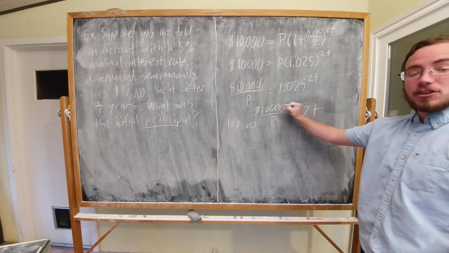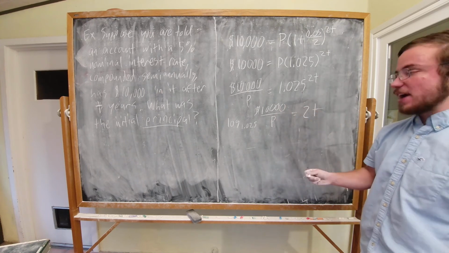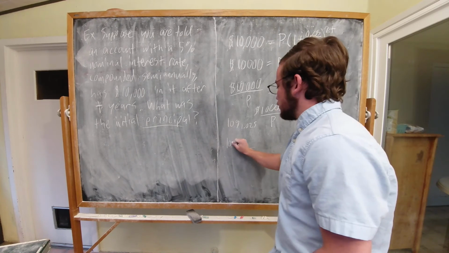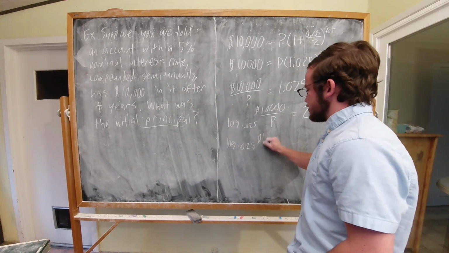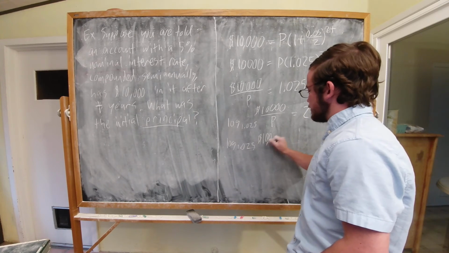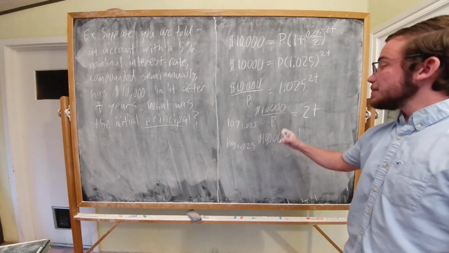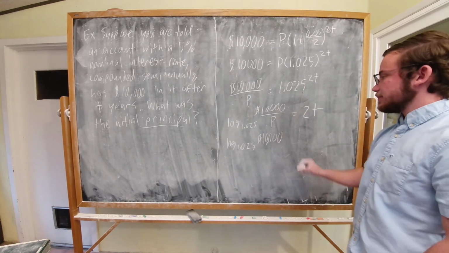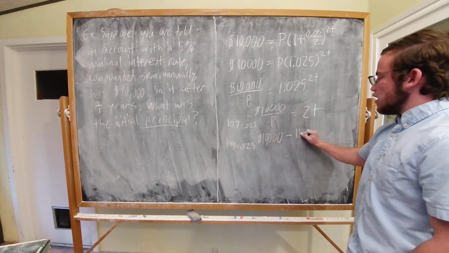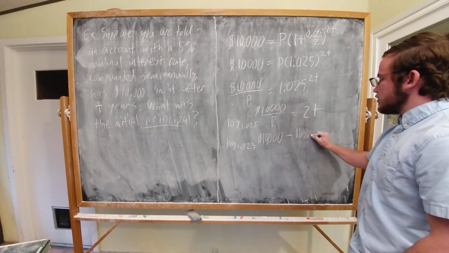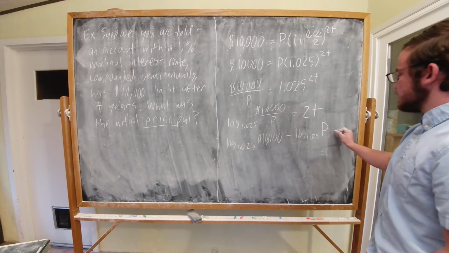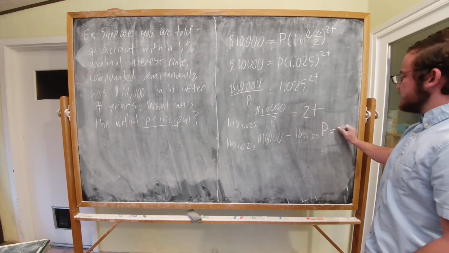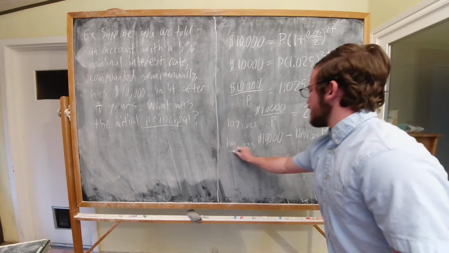Logarithm rules say division splits up as subtraction. So this is just log base 1.025 of 10,000, some number, minus log base 1.025 of P, is equal to 2t. So if we just divide everything by 2,